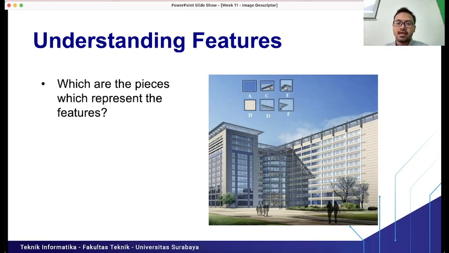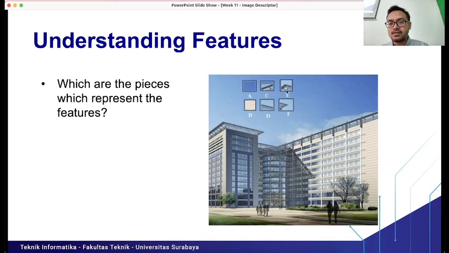But we can say that the A piece does not represent a feature. If the case study is that we want to know the object in the image and classify that this image contains a building, but we only have the A piece, it means we cannot detect the building object from the image. That's why A maybe is not a good feature for representing the building.